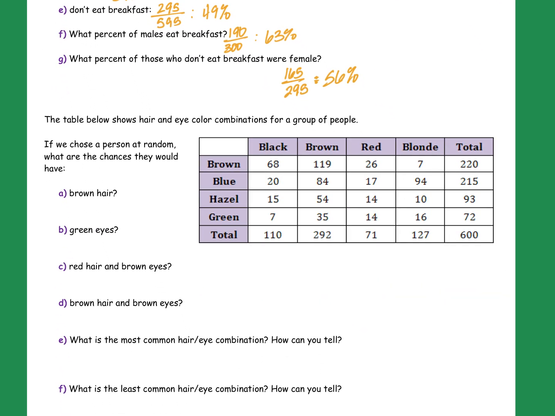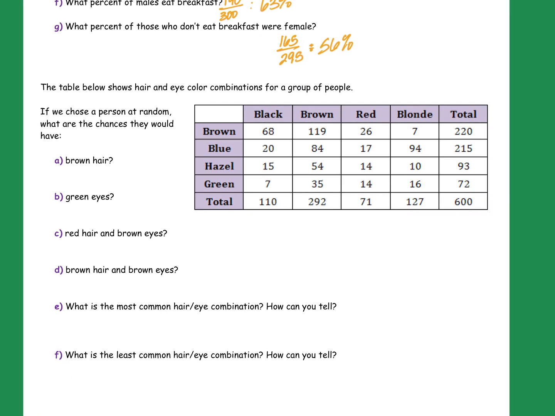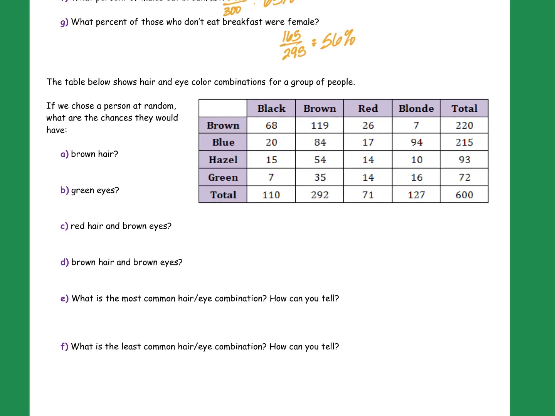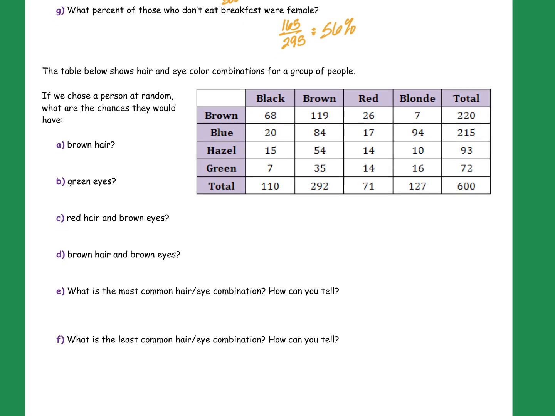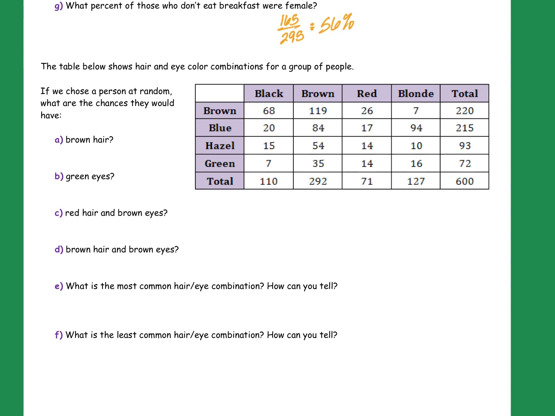that shows the hair and eye color combinations for a group of people. If we choose a person at random, what are the chances they would have, right? We're going to do it as a percentage. Again, go for it. What percentage of people had brown hair? 119. What percentage of people